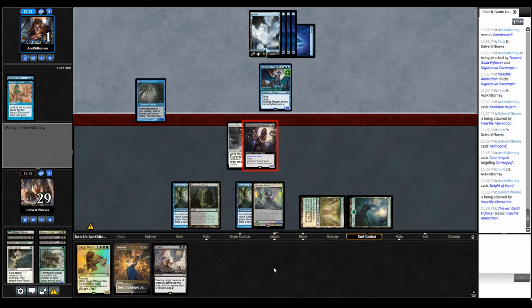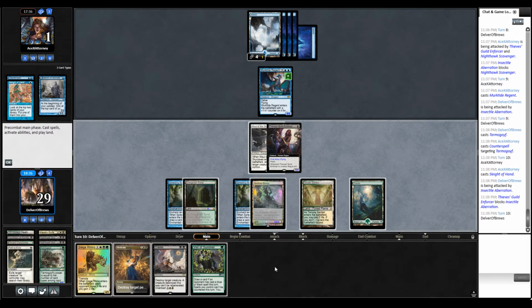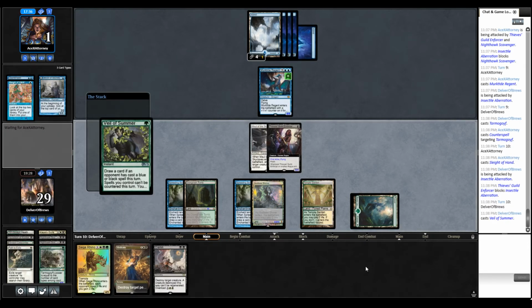So I'll take this because, I mean, I got first strike. That was a mistake on our opponent's side. While Veil of Summer would have been useful a while ago, I could have protected my lands, but